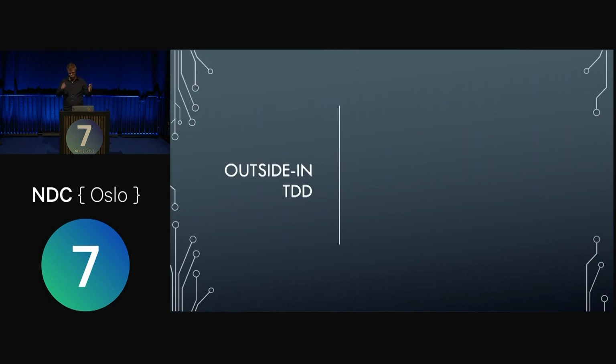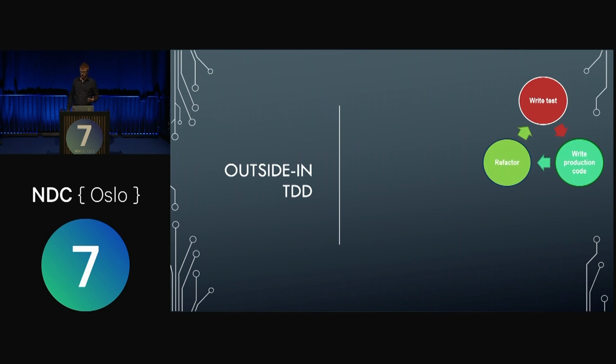So there's two parts to this. The first is TDD, which I am sure you also heard other people talk about from stages like this one. But it's going around in the circle of writing a test that fails, writing the production code you need to make it succeed, and then refactoring your code into something you can actually maintain, going around that circle. That's often talked about in the context of unit tests, but it works on other levels as well. There's no reason it only has to be unit tests.